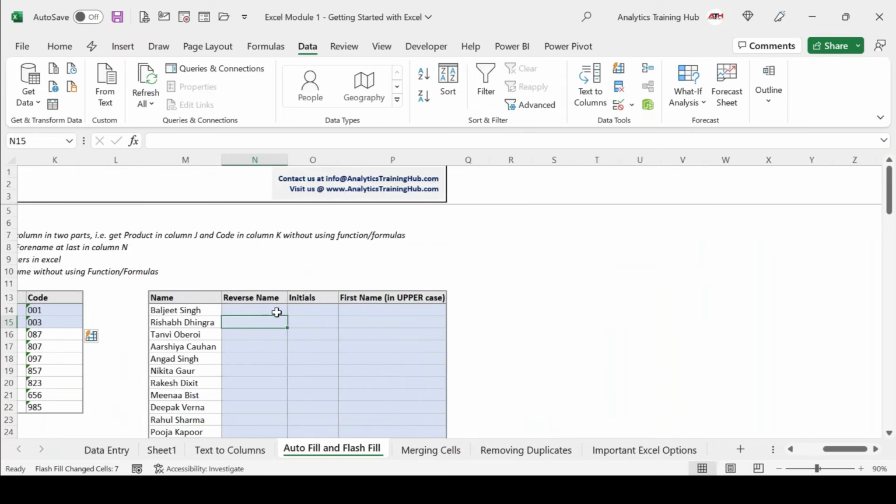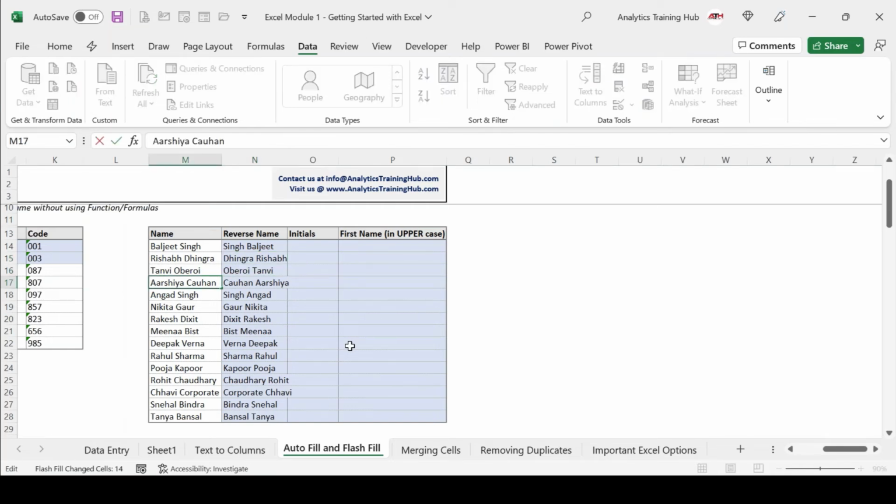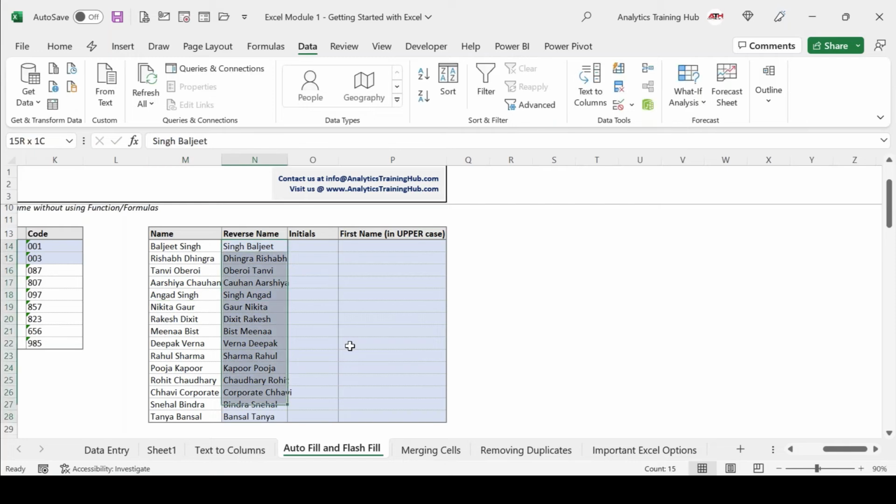Here I have got these names, the same names. This time I want to reverse the name. I write Singh Baljeet. I enter one, two, three or four examples depending on the data type. I press Ctrl E, bingo. My job is done. Understood, guys? Got it? In just a fraction of a second, not even a millisecond, it took and gave me the